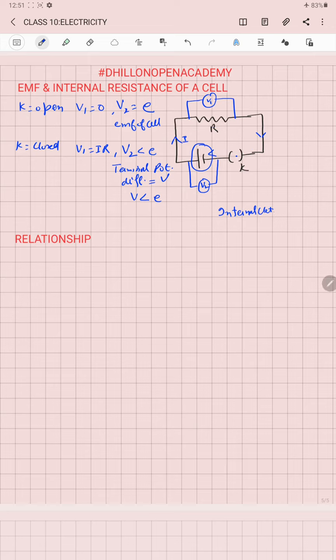Now when the current flowing is the same, in this case when current flows through the external circuit, that is through the external resistance capital R, what is happening? The current experiences a resistance which arises due to the obstructed motion of the free electrons, that is due to the collisions among the free electrons. But when current reaches inside the electrolyte and has to flow from the negative terminal to the positive terminal of the battery by passing through the electrolyte, it again suffers obstructed motion.